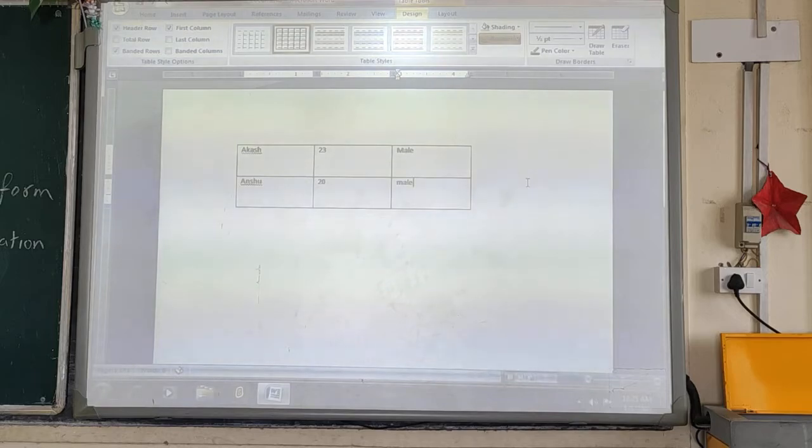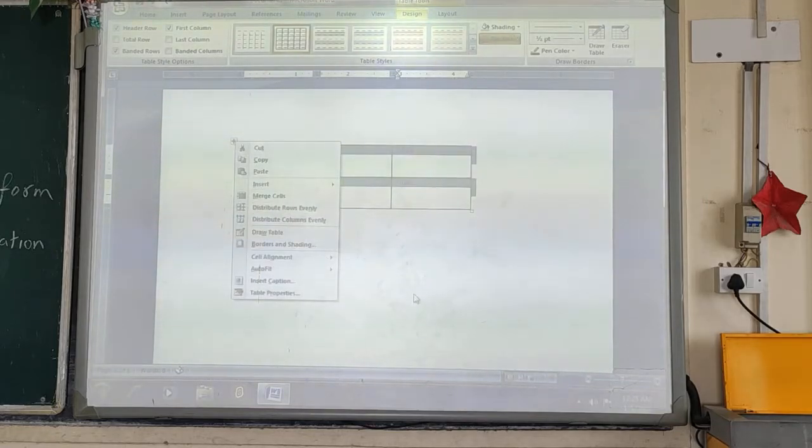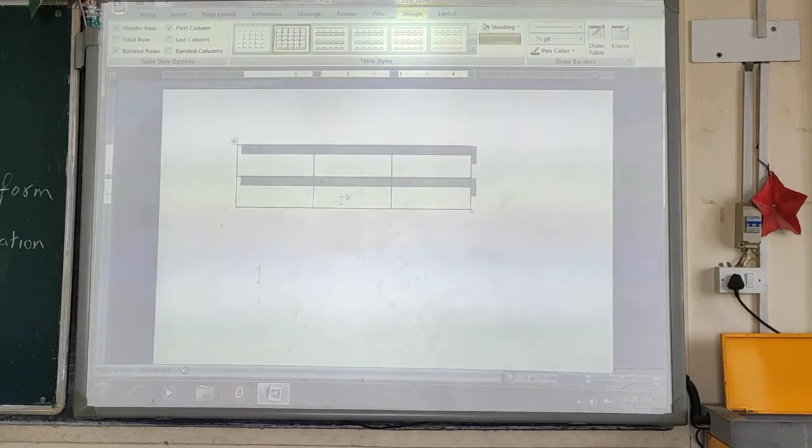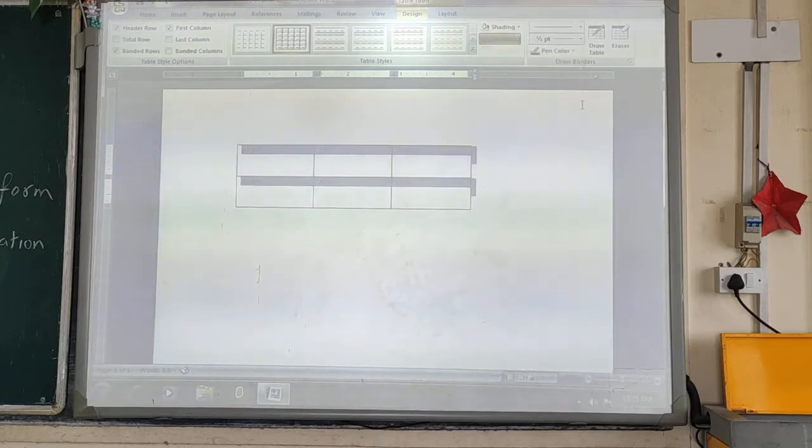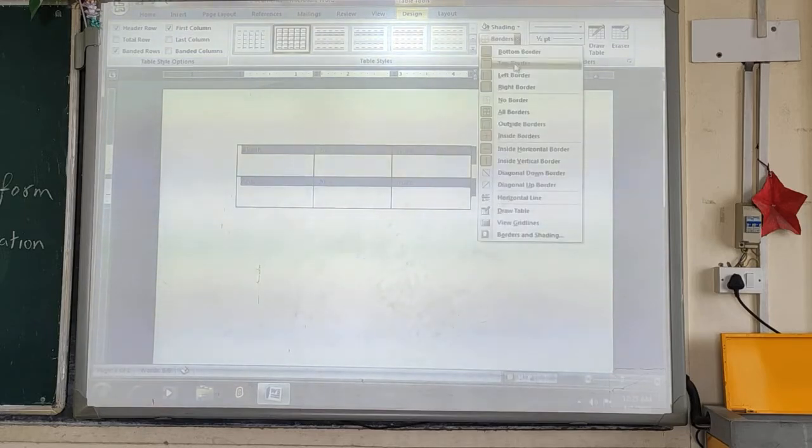So first of all, what you have to do is select the table. So we have selected the table. Now go to the border option, and then you can select the line style.